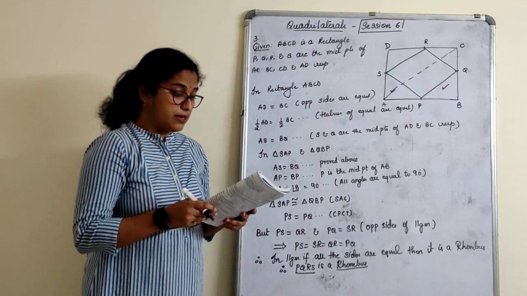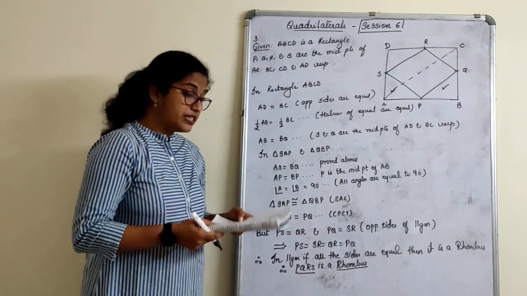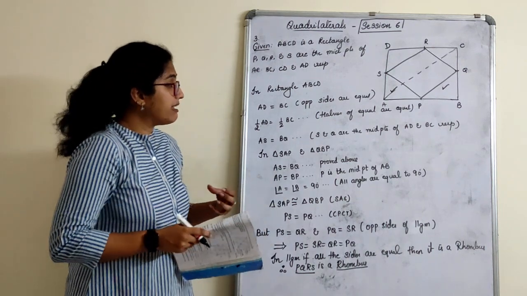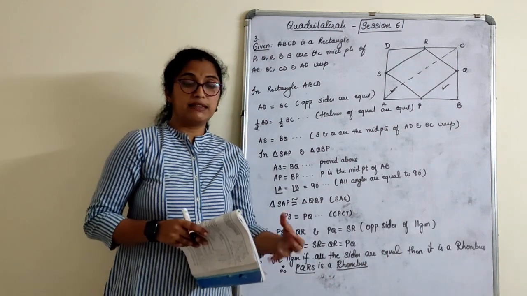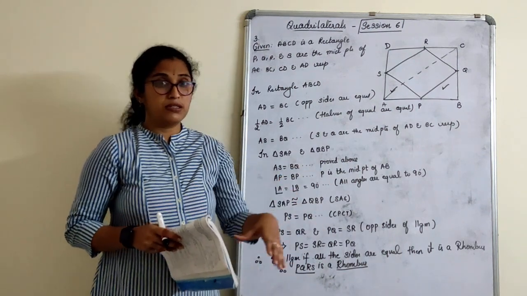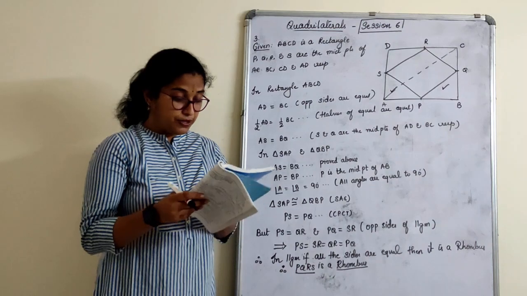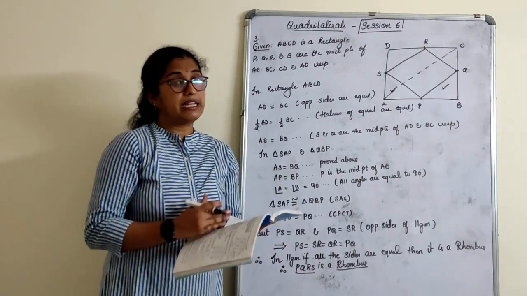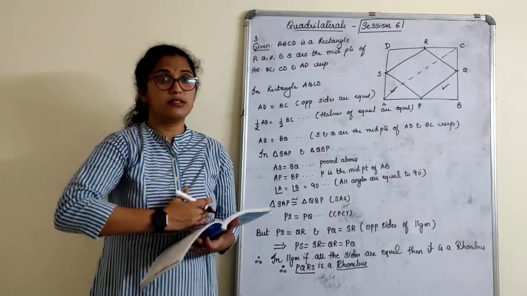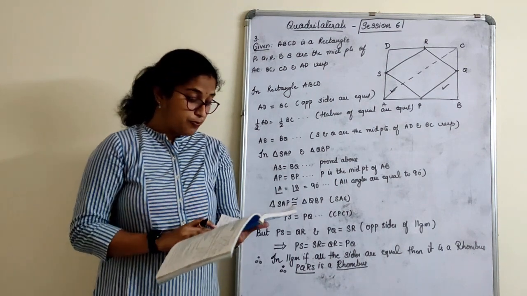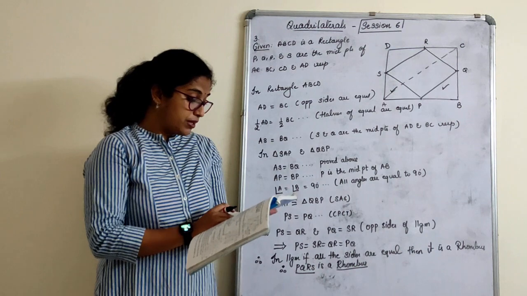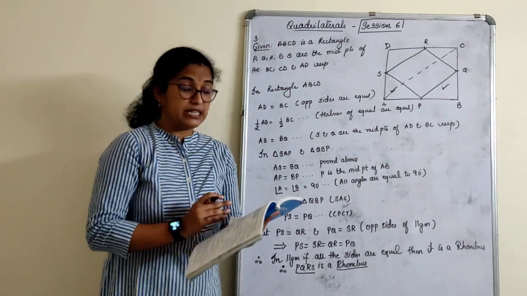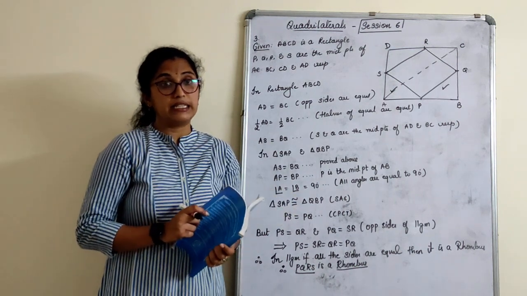Now we have done with the first three sums, which were of a similar type: prove that it is a rectangle, prove that it is a rhombus, diagonals bisect each other. We have another similar sum in the sixth one also. We will break this exercise into two sessions because these sums are quite lengthy. So the first part we have done today. The remaining sums, 4, 5, 6 and 7, we will continue in the next session.